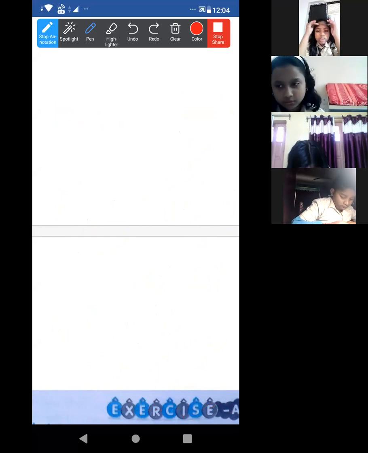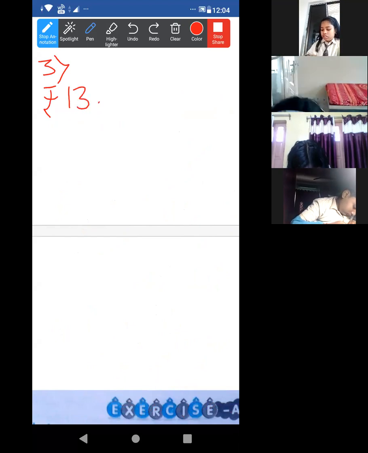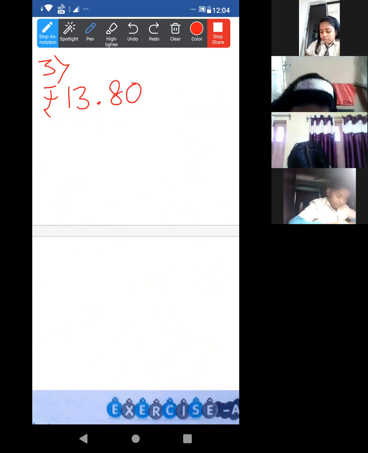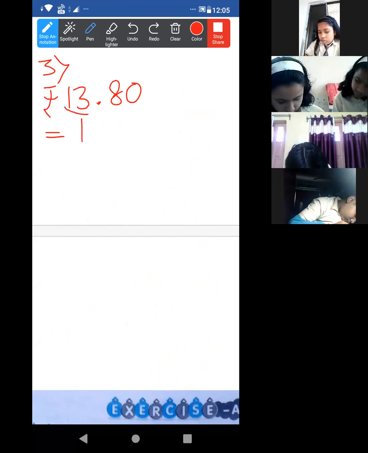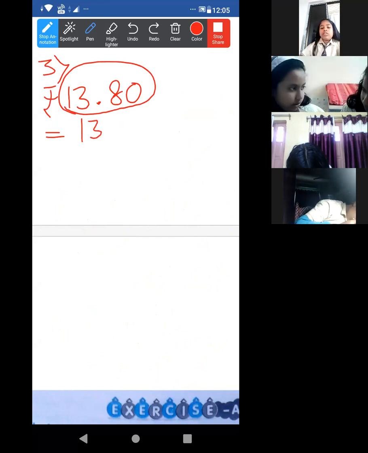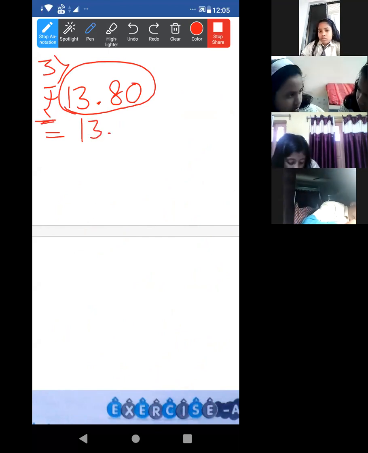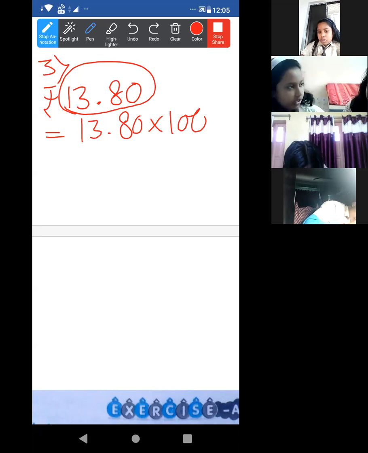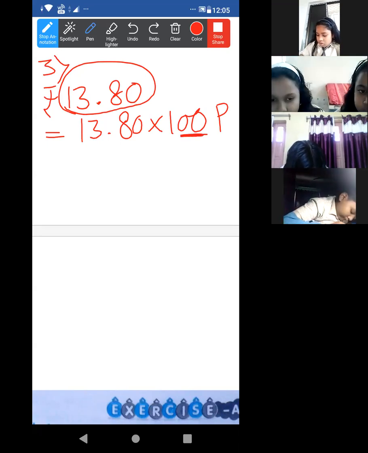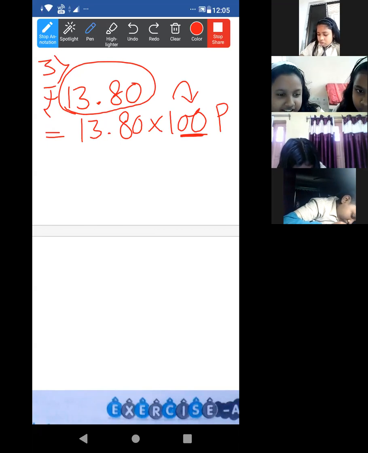Okay, I'm clearing this. Now look, the third one. Achha, rupees 13.80. Look at this very carefully. Okay, Anjum, look at this. What is given in the question? Write the whole thing, but don't put the rupee sign right now because we are going to convert it into paise. Look, this multiplied by 100 paise. I told you 100. Now, Anjum, look at this. How many zeros are there? Oishani, how many zeros are there in 100? So this point will move 2 places to the right side.